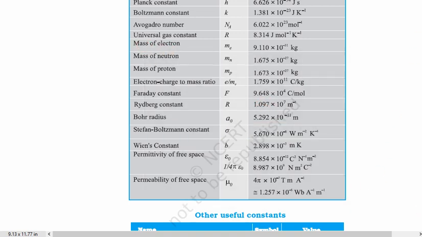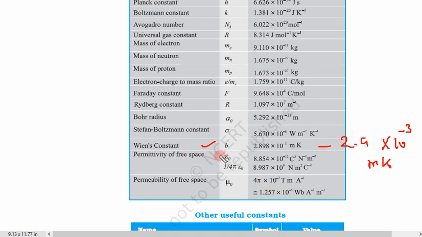Right now we are just remembering, but as the course progresses we will remember. We will remind these things. But first we have to learn why these things are important. Wien's constant. So Wien's constant, let us simply write 2.9 into 10 to power minus 3, simply meter Kelvin. This is Wien's constant.